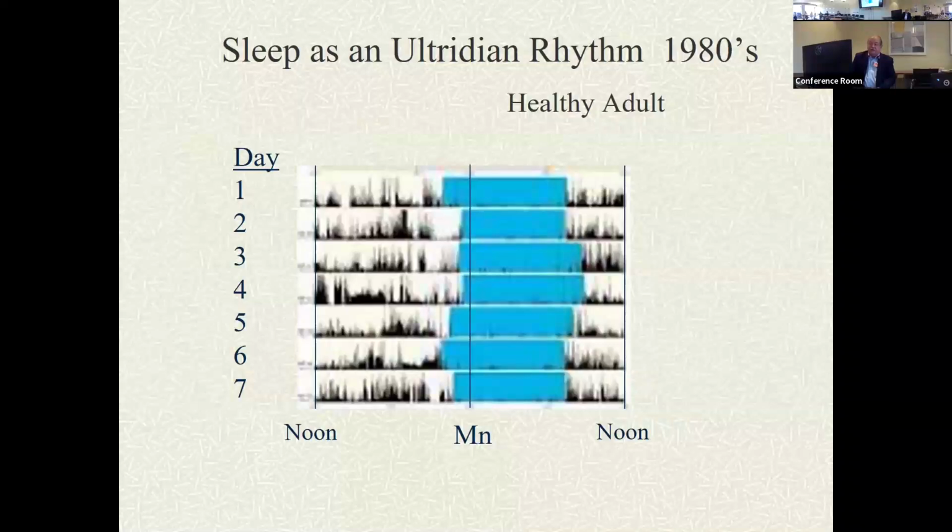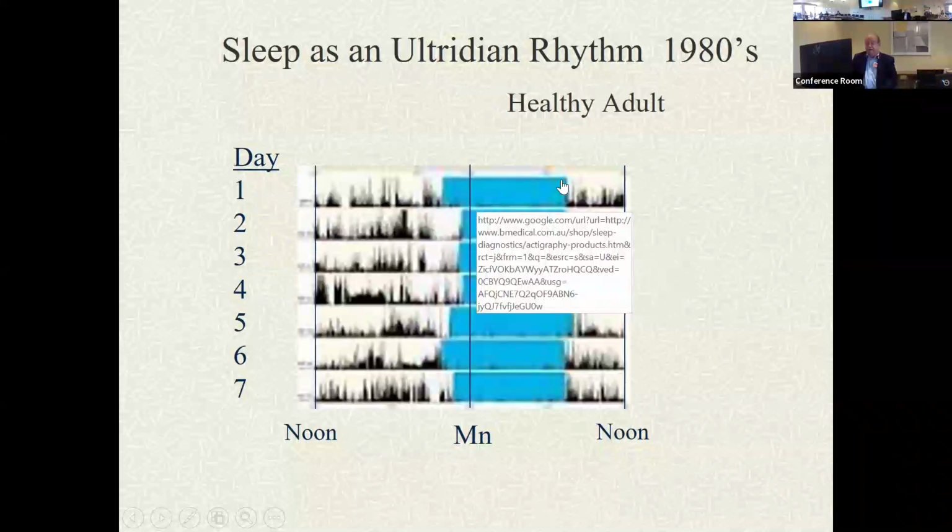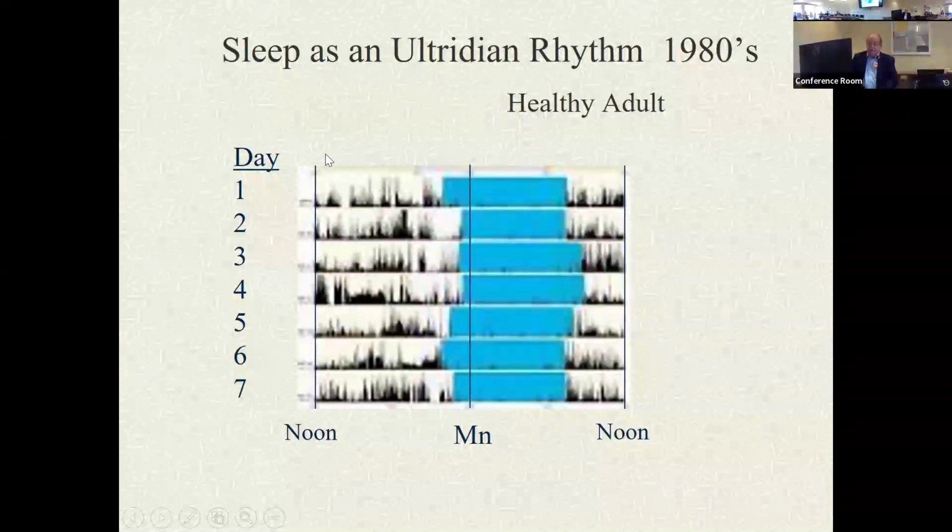So sleep is an ultradian rhythm, and this is a relatively healthy adult from the 1980s, in which you have activity on an actigraph. One is day one, and these are periods of activity. These periods of time when there's nothing is usually when they take a shower. And then there's a period in which it's really quiet, with very few little blips in there, and then it starts to come up again, and you take this particular